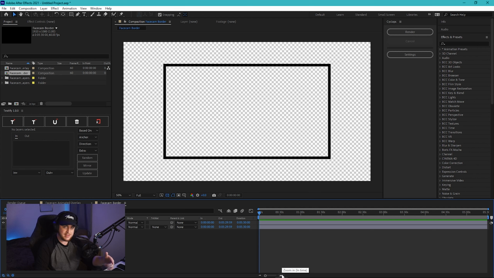Right off the bat, I recommend if your timeline is longer than 10 seconds, go ahead and click this little mountain symbol right here and size that up so you can work in smaller increments and digits. What you're going to want to do is make sure that your work area actually matches the criteria of the animation time.